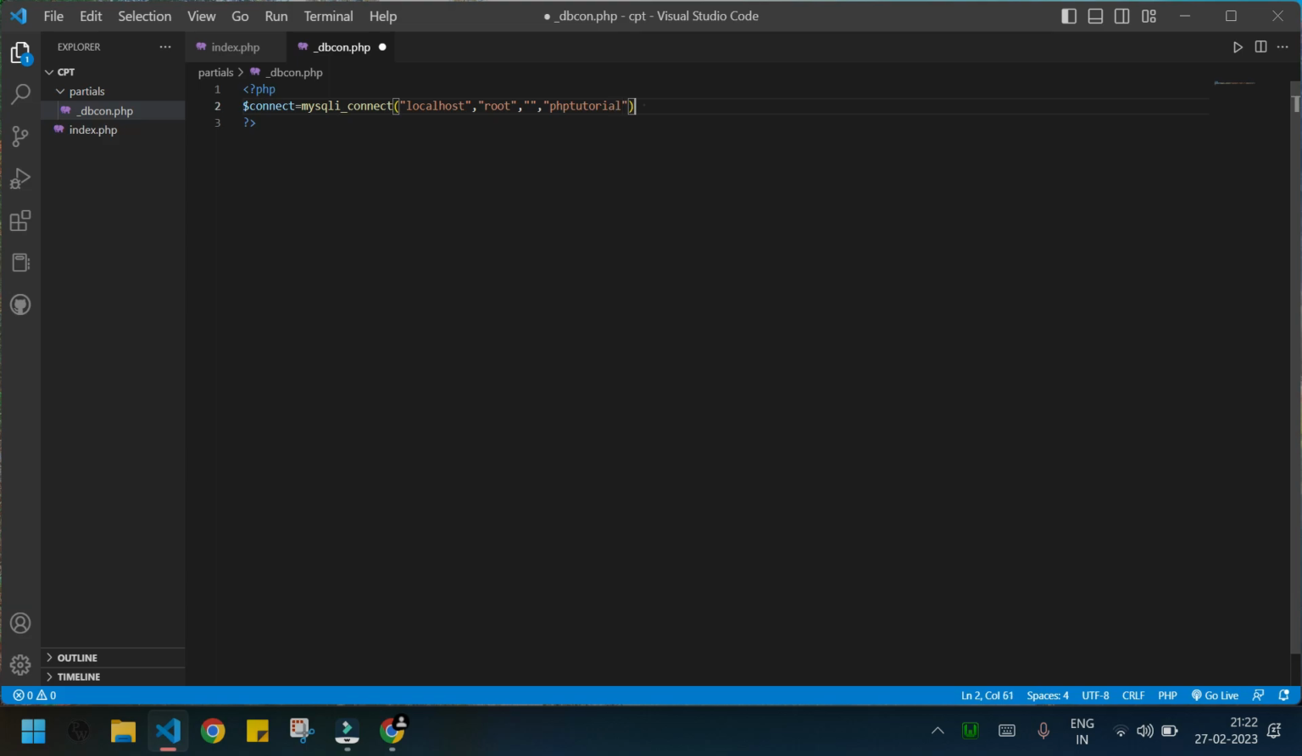PHP tutorial. Now I need to write the die function, so when it gets some error we can be notified. So, or die, MySQL error, and our connection variable. Okay,